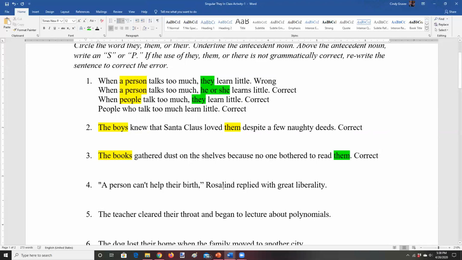A person cannot help their birth, Rosalind replied with great liberality. So our antecedent is a person, which is singular. We see it's not people. But we see that Rosalind used their. So this is incorrect. Now in legal writing, it's important not to change quotes. So if this is really what Rosalind said on the witness stand, we should keep it the way it is. But let's say this is a fictional story we're writing. We would revise it to say a person can't help his or her birth,